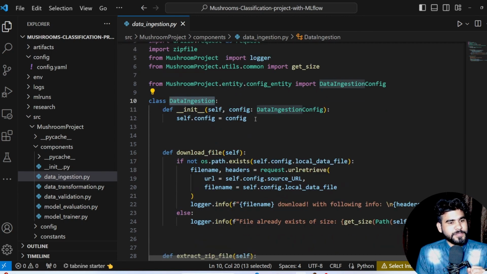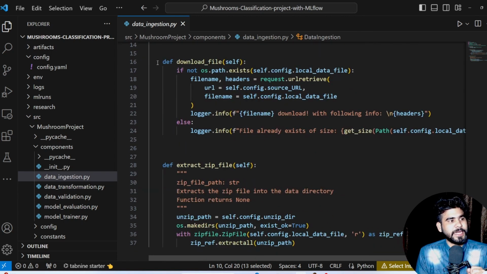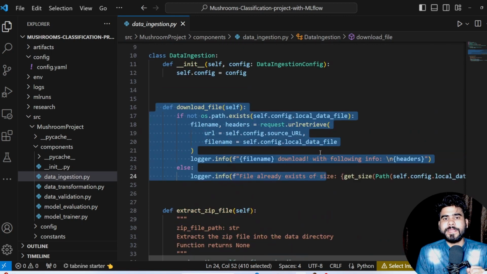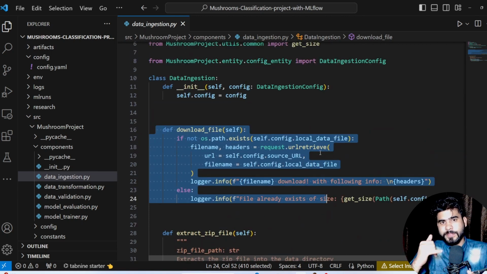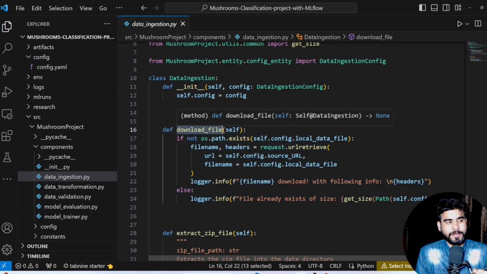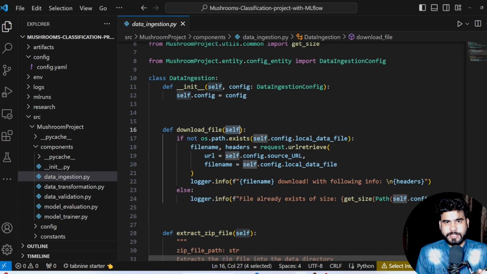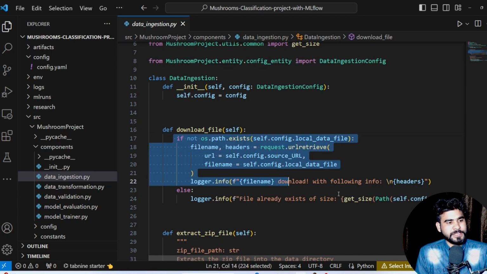Okay, so the first function that we are going to create is download_file, because first of all we need to fetch data from the central repository called GitHub. So that's why the first function is download_data. Argument-wise we are going to pass self, the default argument. Now after that we are going to write an if-else condition here. So if not